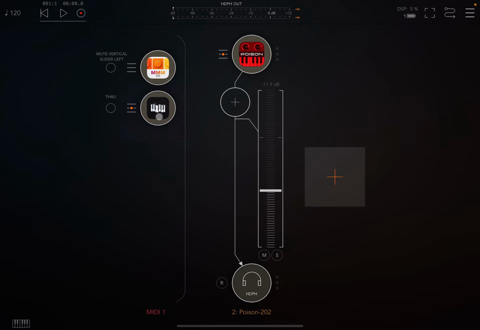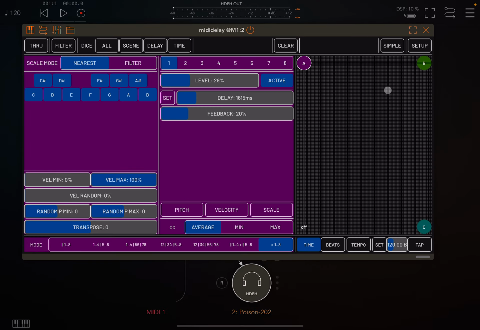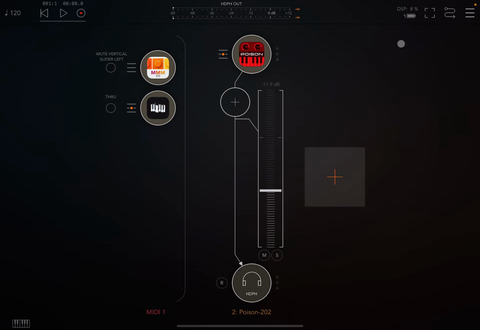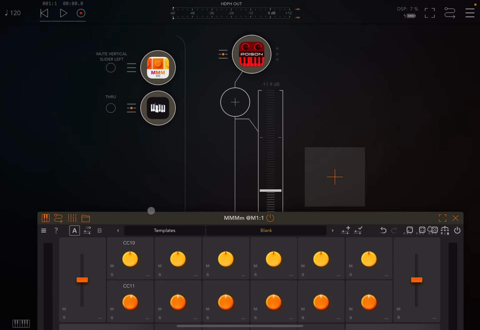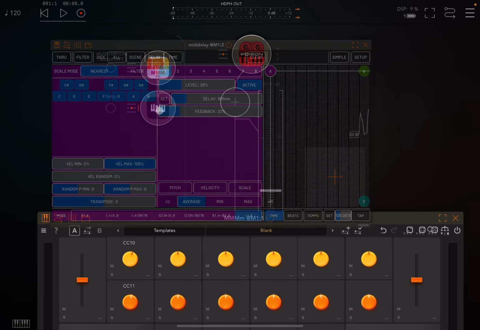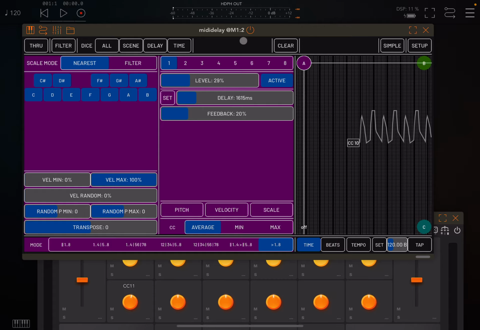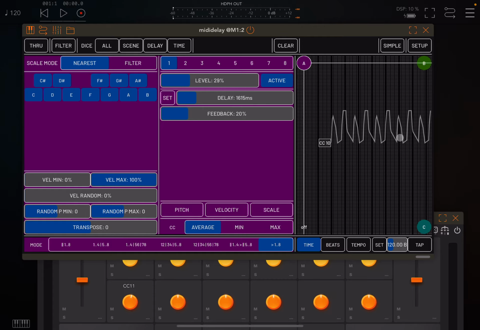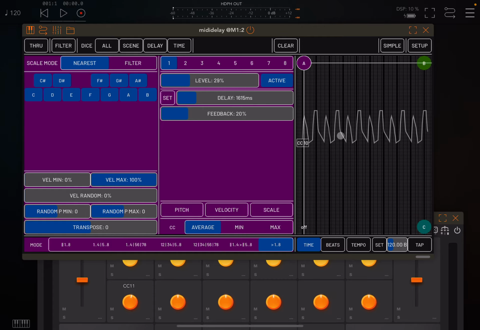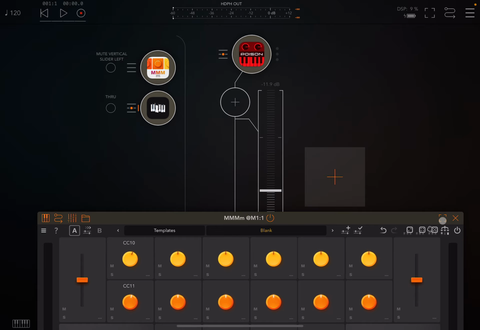All right, so I've got this loaded now. As you can see here, it's scanning on the side. Now what we're going to do is first decide that I want to do the MIDI Learn, let's say on CC10. So I'm going to tweak this knob. And now, the way I've got it set up, CC10 went through this MIDI delay, and now it's echoing it, repeating this over and over again,